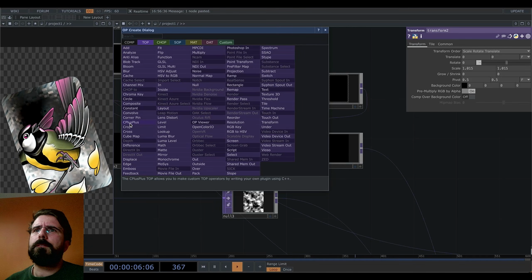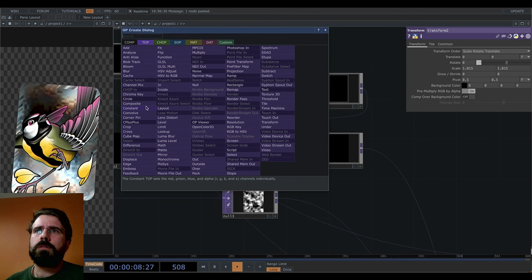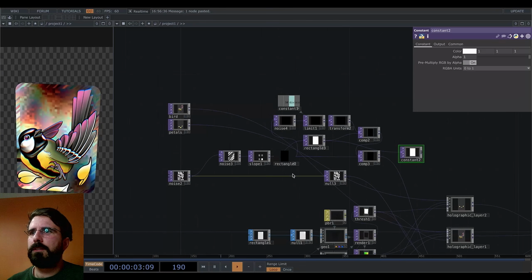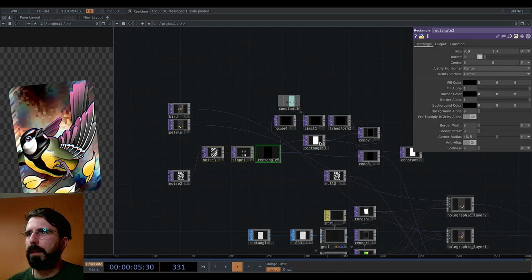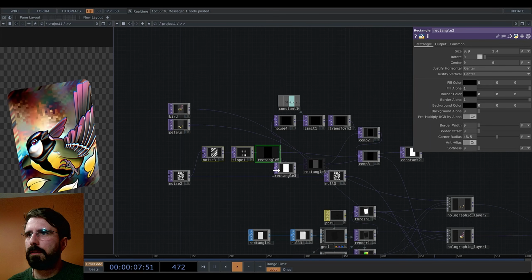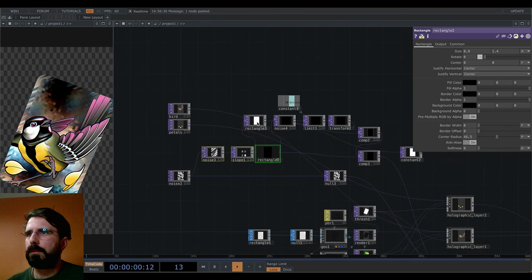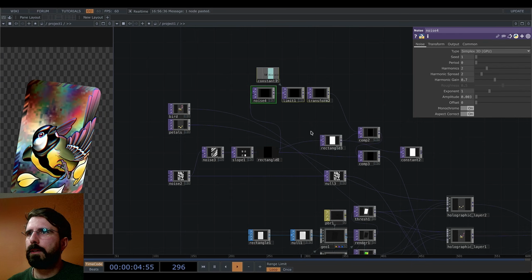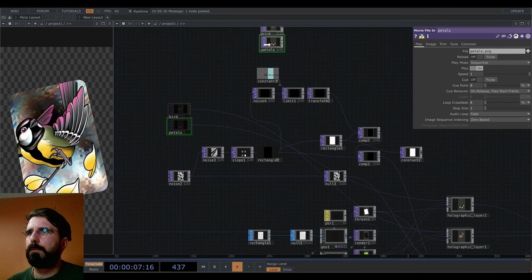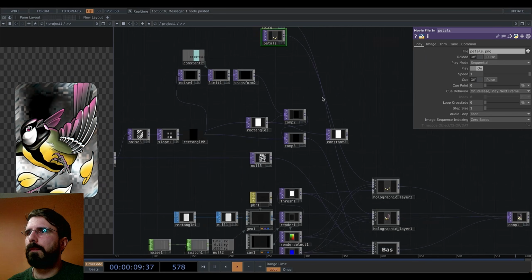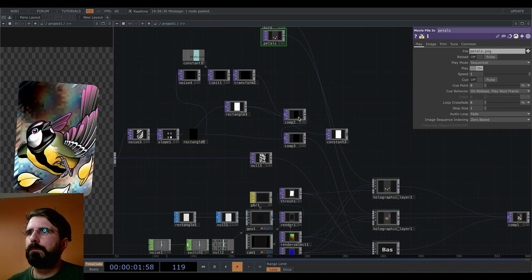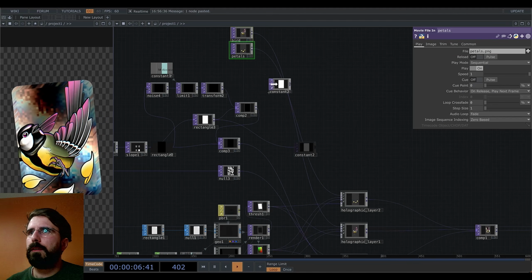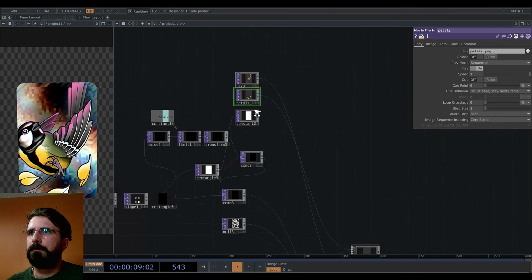So constant. It started to be a bit messy over here, and again, I'm pretty sure you can find a better and cleaner way of doing all of this. Let me just move stuff around a little bit. Can bring this up here. Okay, but this one is going to be our